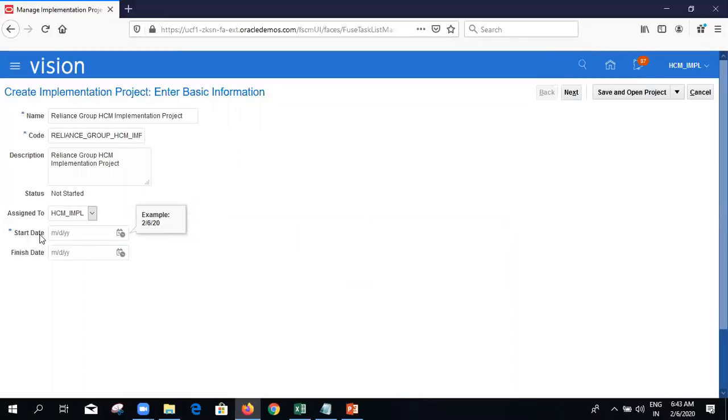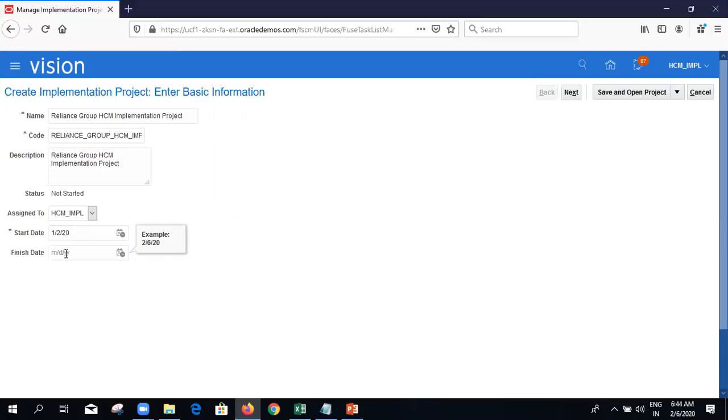So when you are going to start, let's suppose in the month of February 2020, you got the project from the client and you are starting the implementation of this project from, let's suppose, Feb 1st. So give that start date, ideally the kickoff date when the project is starting with the client. So I'm giving it as of now as 1/2/2020. And the finish date is not mandatory, but you can give the tentative date.